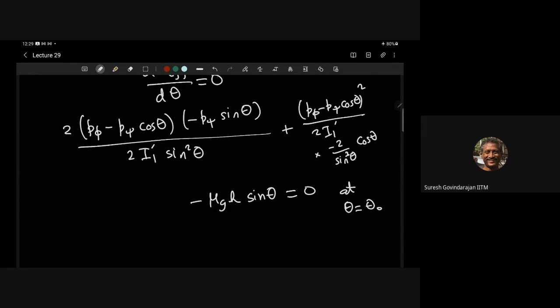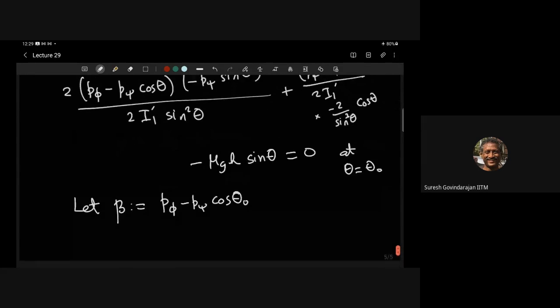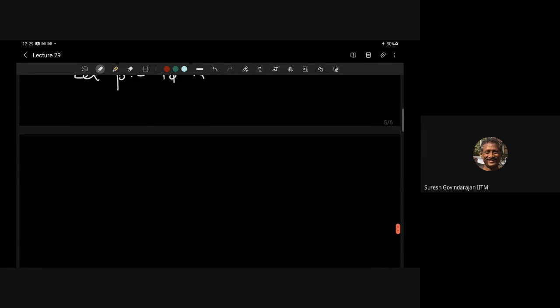Okay, so now we have this weird equation. Let us define beta to be this combination, p phi minus p psi cosine theta. Then we can rewrite this equation as a quadratic in